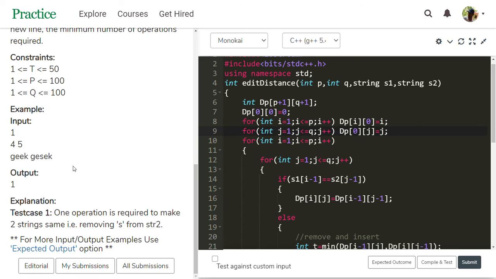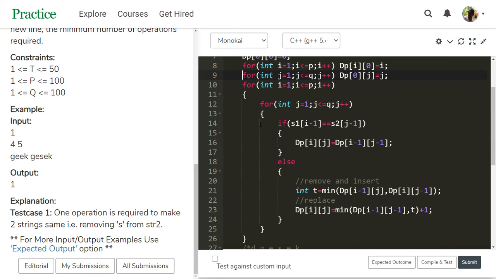Then comes this part, where both values are there at this time. How do we find the minimum cost? With two for loops. In this, we are moving initially from the row. Row is str1, column is str2.